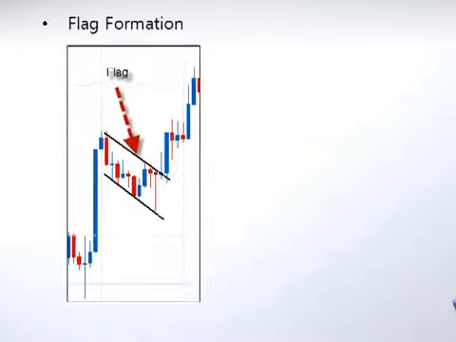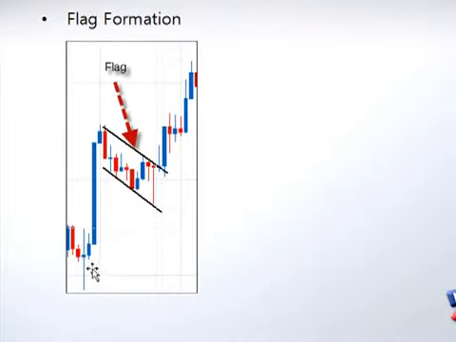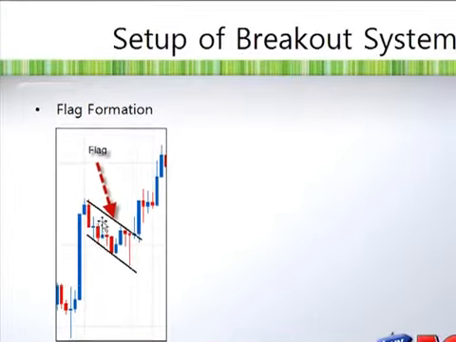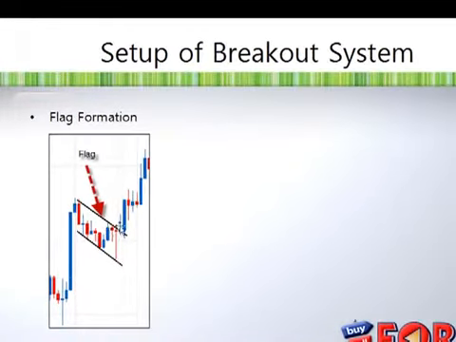Number two is the flag formation. You can see here the price made a sudden movement and then starts to move sideways. A flag formation looks like a pole. For a flag formation, you must have a long candle which acts as a pole, and this is what we call a flag. Once you break out of the flag, you see the movement that it makes. This is what we call the breakout system. And the third